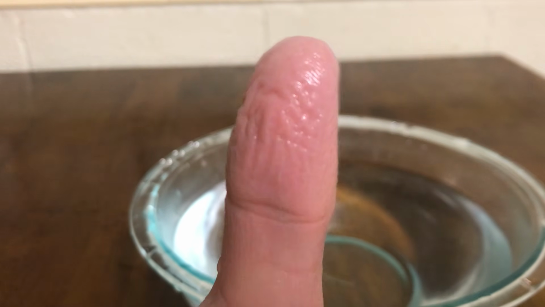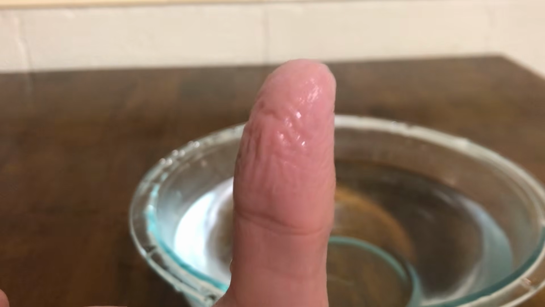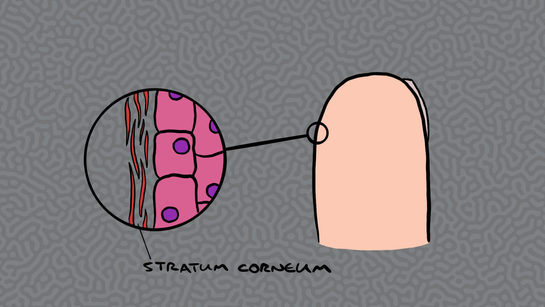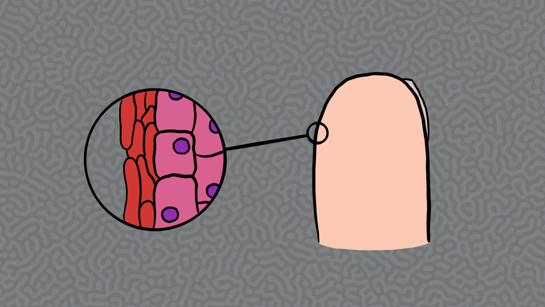Before we get to the solution of why wrinkles look like they do, we need to know why they're here in the first place. When your fingers soak in water, the stratum corneum, the layer of dead cells on the outside of your skin, absorbs the water through osmosis because of the concentration gradient. Coincidentally, that's the same reason that morphogens diffuse. The dead cells swell and increase in surface area, while the tissue below stays the same volume, so your skin